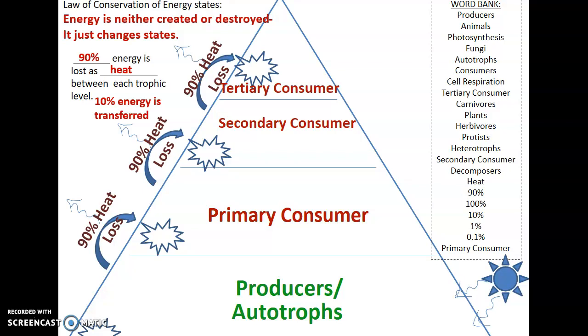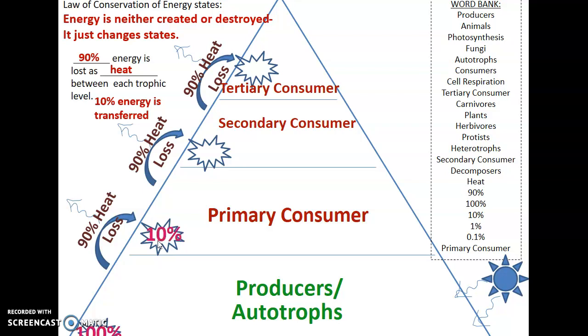So how do we lose that? From sweating, from heat through our body. Every time that we get heated, our body is losing energy, right? So as you're running on the treadmill or doing some sort of football activity or sports activity, you're losing energy by doing that. And that's why it's good to eat and gain your strength, gain your energy so that you have enough energy to play football or to play sports. Same thing here. So 90% of your energy is being lost at each level. So by primary consumers having to eat the producers, they're losing 90% to heat to only gain 10% of it back by eating that organism, the plant.